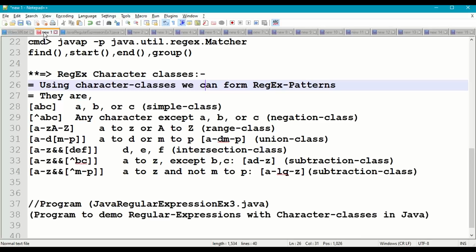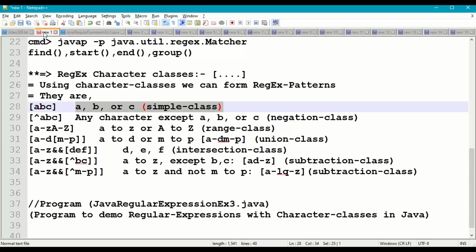Basically, we use character classes with square brackets. They go like this. For example, square brackets A, B, C. It means either A or B or C will be matched in the other string.